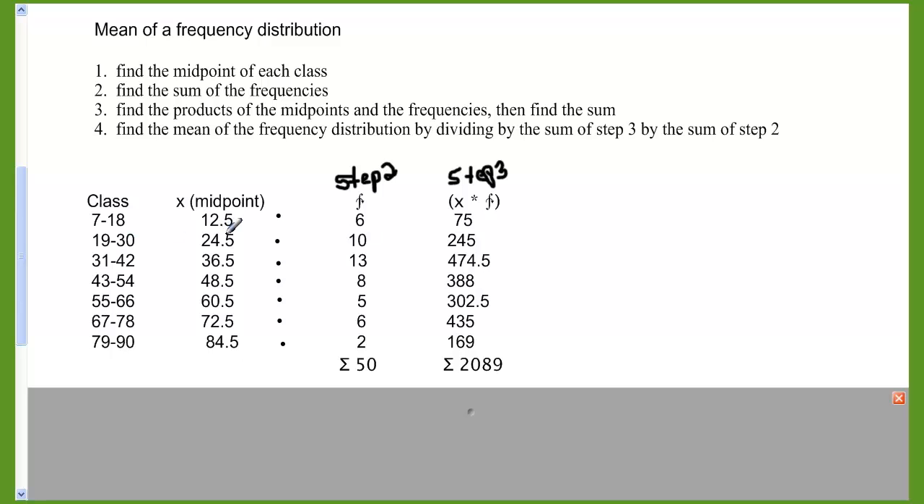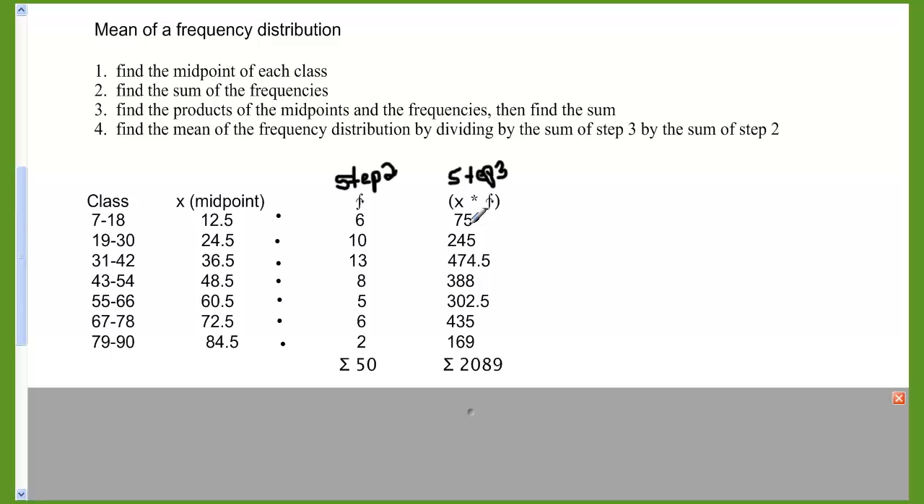There's the frequency for the second class. Here's the midpoint. So you do step 1, which is find all the midpoints of each class, and then you're going to find the sum of the frequency, and there were 50 entries in this column for frequency. Now I've named this step 2 because in the last step you're going to divide step 3 by step 2. So once I've found the midpoints and I've added up my frequency, the next thing I'm going to do, which is step 2, is I'm going to multiply those